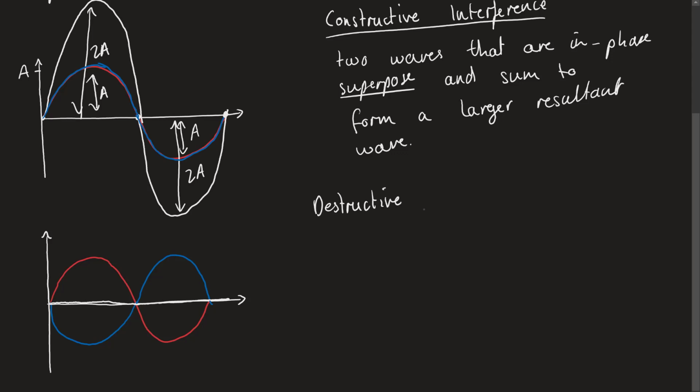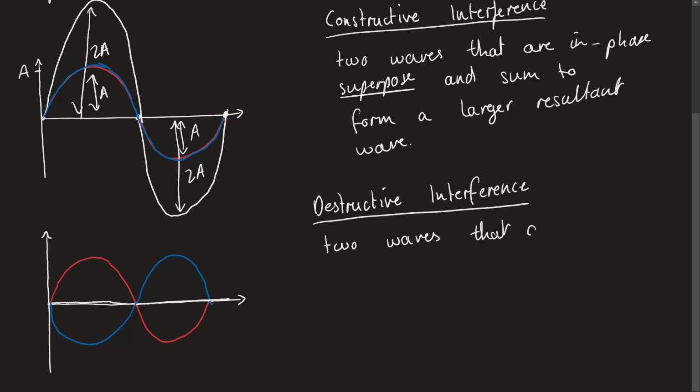Okay, so constructive interference is when they're in phase. We build up interference. When they're constructive, we build the wave up. When they're destructive, we break the wave down into a smaller wave. Okay, so two waves